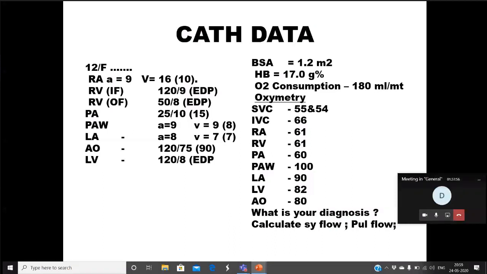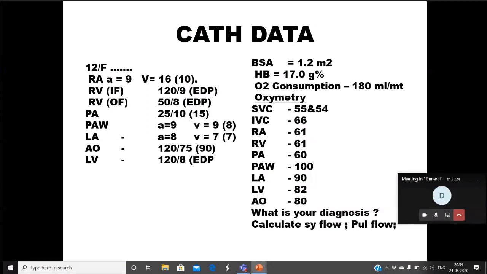Sir, can we call it pentalogy of Fallot, sir? Yes, well, no, you should describe it that there is evidence to suspect that there is a VSD with right-left shunt, ASD with right-left shunt, along with other features which make you suspect that the patient may be having tetralogy of Fallot with an atrial septal defect, which is also called pentalogy of Fallot. Pentalogy of Fallot. Yes, sir. First, you should say tetralogy of Fallot with the ASD, and then you say this can be named as pentalogy of Fallot.